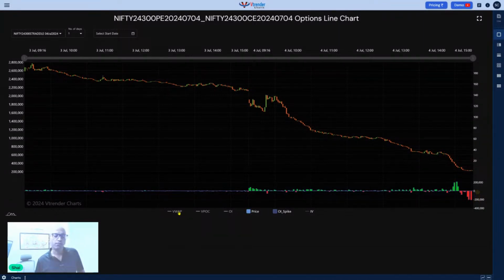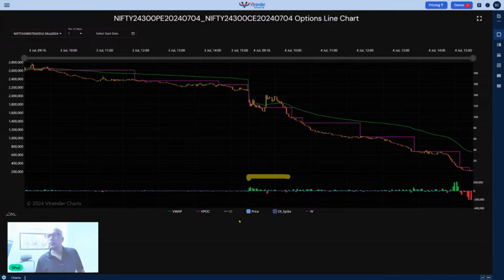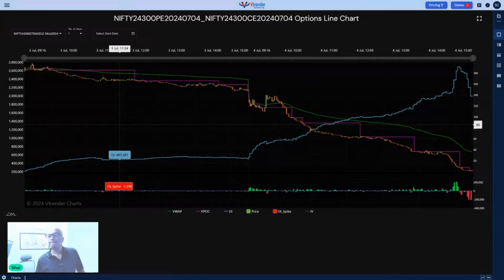To this chart we've added VWAP, which I've been saying is a green colored line flowing down. And to this chart I've also added the volume point of control, which is the zone where the maximum volume got traded. Right now, I'm looking at all this open interest coming in, and let me also add the open interest, which is this blue line. Right now, in this particular straddle,